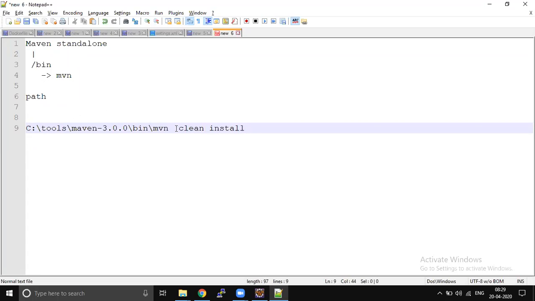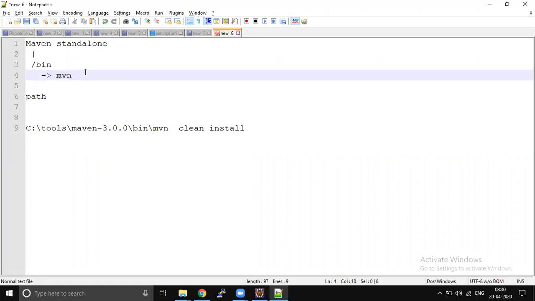When we are working with Eclipse, the first part is completely optional because Eclipse will automatically pass this MVN command. But when we try to run it from a command prompt, PowerShell, or a terminal, then you have to do all these steps.